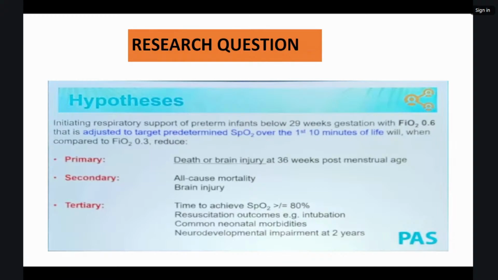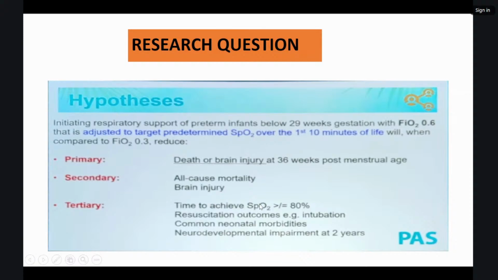The hypothesis: initiating respiratory support of preterm infants less than 28 weeks of gestation with a FiO2 of 60%, which was adjusted to target predetermined SpO2 over the first 10 minutes of life, will, when compared to a FiO2 of 30%, reduce the primary outcome, that is death or brain injury at 36 weeks of corrected gestational age, and the secondary outcome being all-cause mortality and brain injury, and the tertiary outcomes, that is the exploratory outcomes,